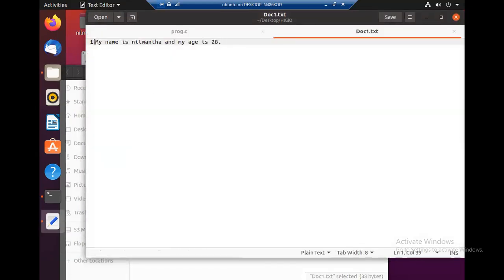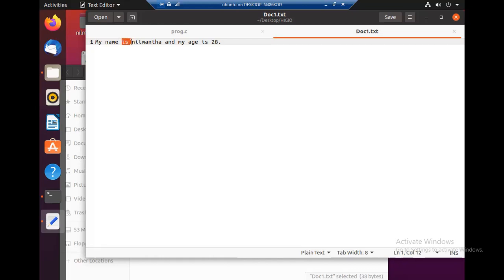In fscanf, it will read the first word, and that will be stored in the memory that we specify, and it will exit. Then the file offset will be here, and we have to call it again. It will be copied to the buffer, then the file offset will move on, and we call it again.